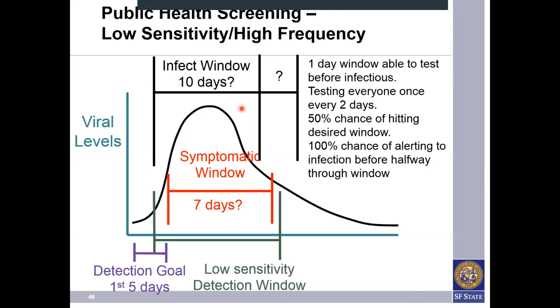So up to this point, the FDA has been all sensitivity, sensitivity, sensitivity. Hopefully now with some of this technology being developed and proposed, some people are going to be opening up to the idea of, what if we sacrifice sensitivity to get something like this, where we're not going to diagnose it as early, but because you can test everyone every day with a $1 test, right? For a fraction of the cost of all these stimulus packages, like trillions of dollars of stimulus package that the federal government did. For a fraction of that cost, you could get everyone a $1 test every day for the entire year. And if you get everyone diagnosed in this window before they have a chance to infect everyone else,